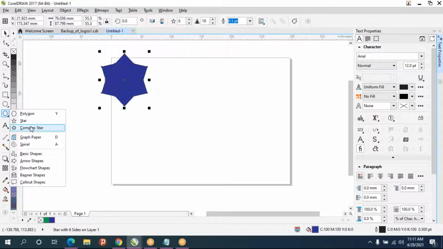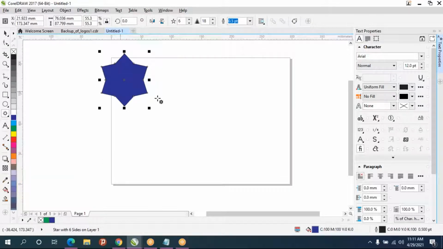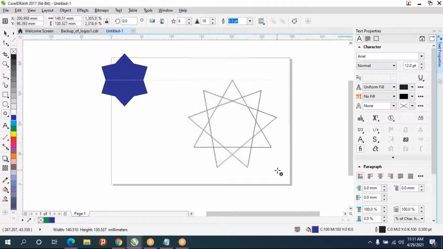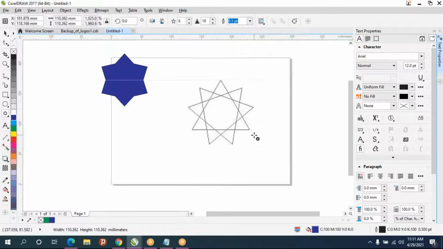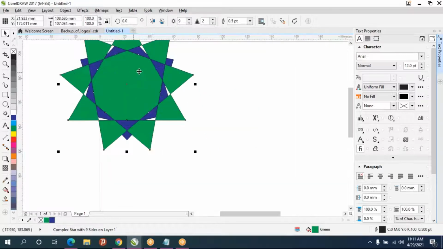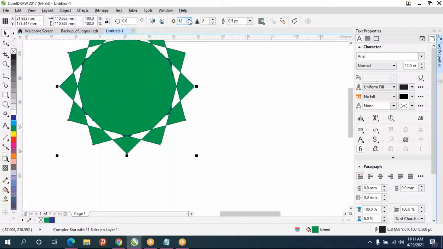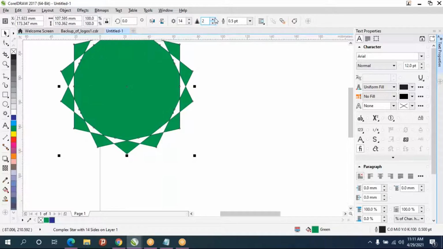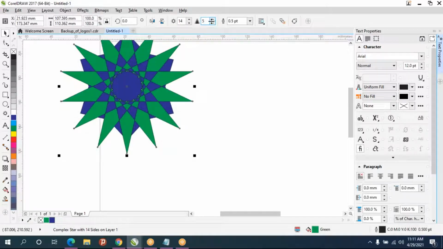And after that we have one more tool called complex star. This is also similar to that, but one small difference is there. I'll fill the color. Suppose if we keep one shape upon another, we can see through, which means this will be like a hole, and we can increase the number of sides, and the inset value also can be increased or decreased.